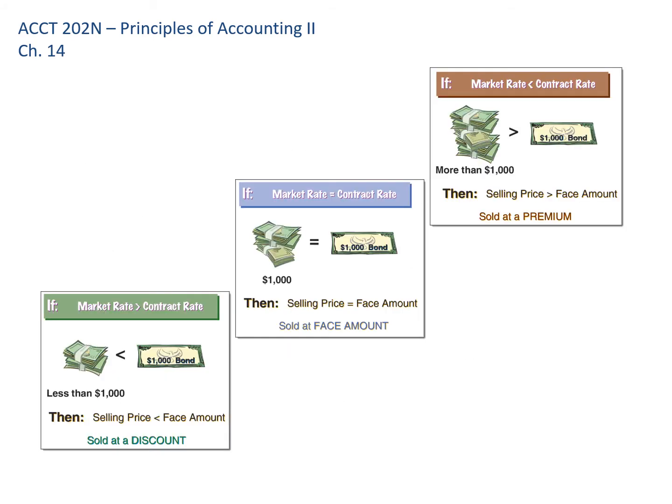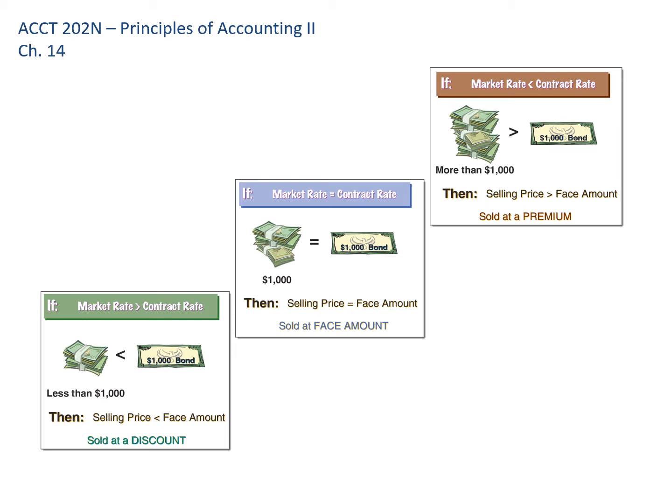So when organizations issue bonds, they often will hire consultants who will examine the bond market and tell them what interest rate they should issue it at. It's any company, and I say company, it could be a branch of the government as well. They endeavor to issue their bonds where the contract rate is equal to the market rate. And if they do that, if they issue, say, a 6% bond and the market looks at that and says other similar companies are paying 6%, so that seems right to us, the collective wisdom of all the investors, then it would be issued at $1,000. It would be issued at face value.